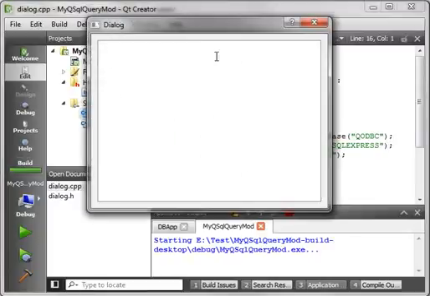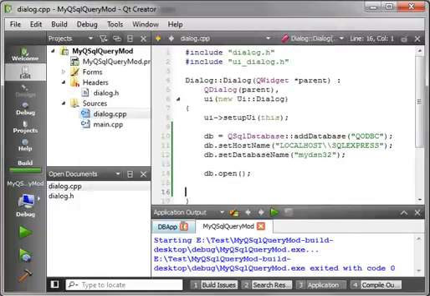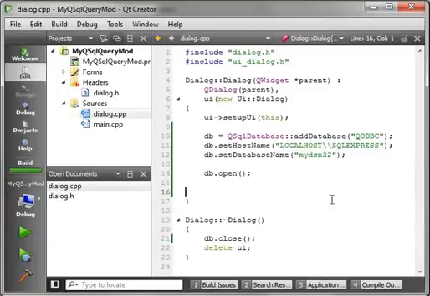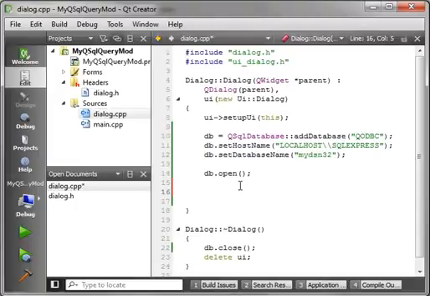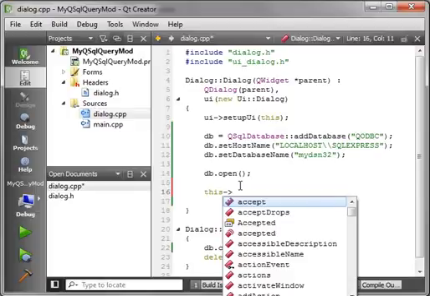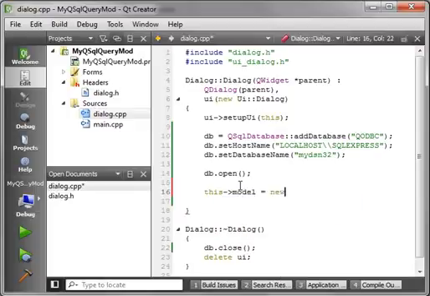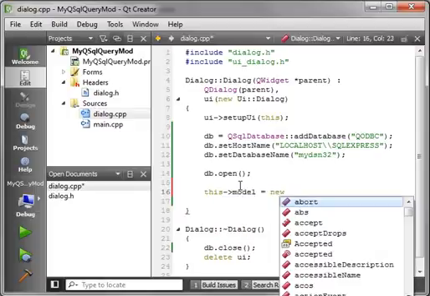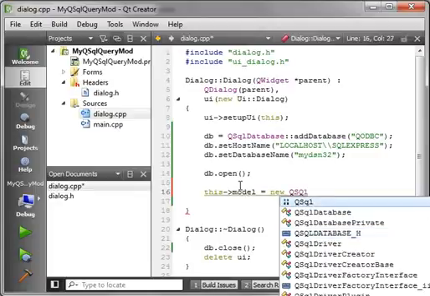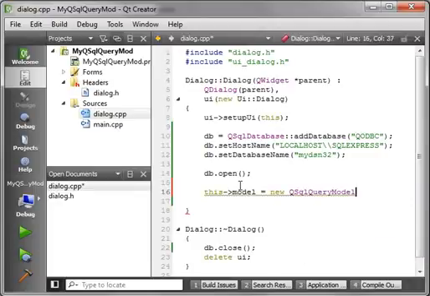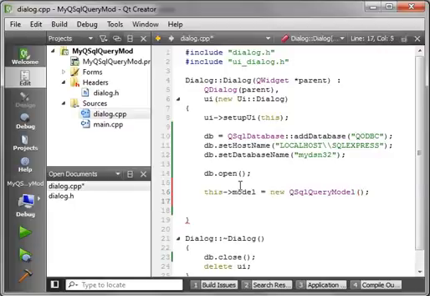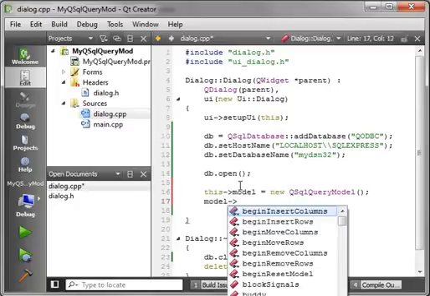Alright, so our application starts. There's no major meltdowns going on. Let's continue. So the first thing we need to do is set our model. So we'll say, and we're going to say new QSqlQueryModel. And then we want to set the query. So we'll say model